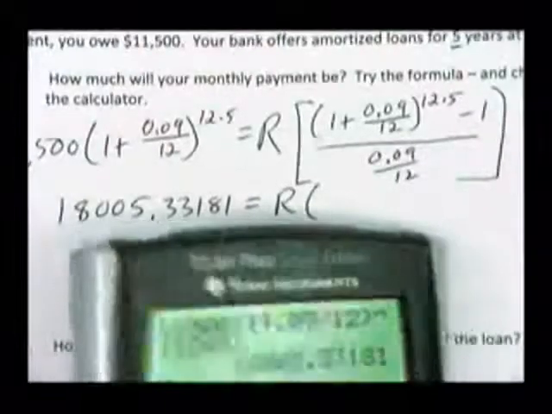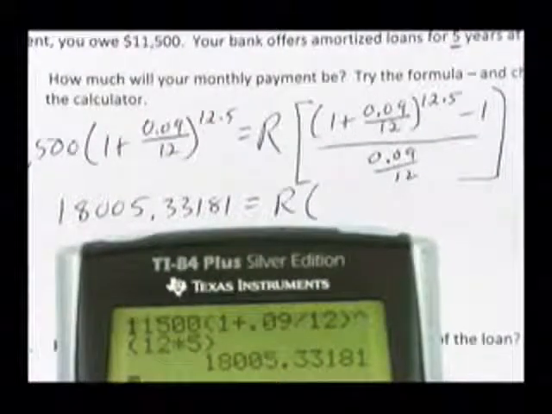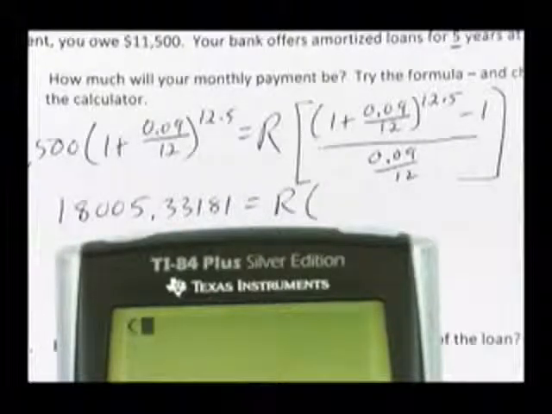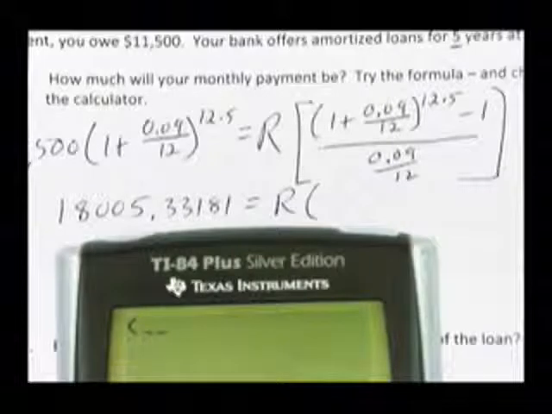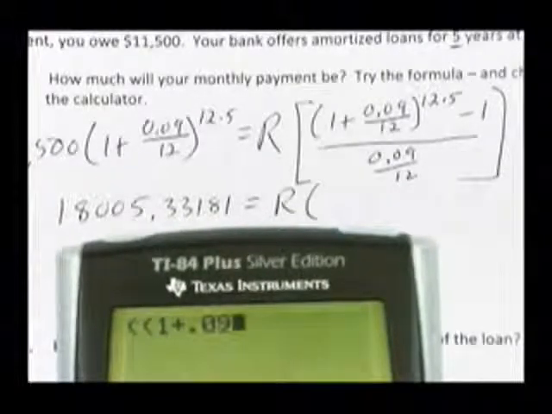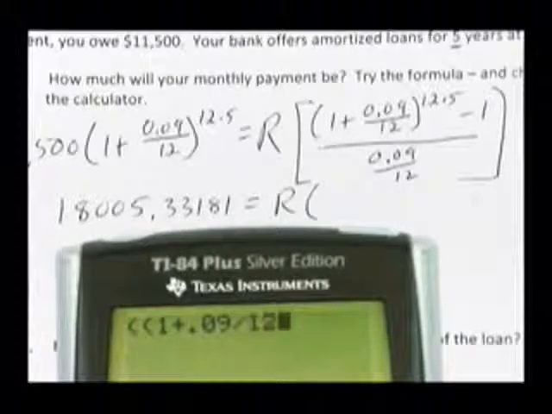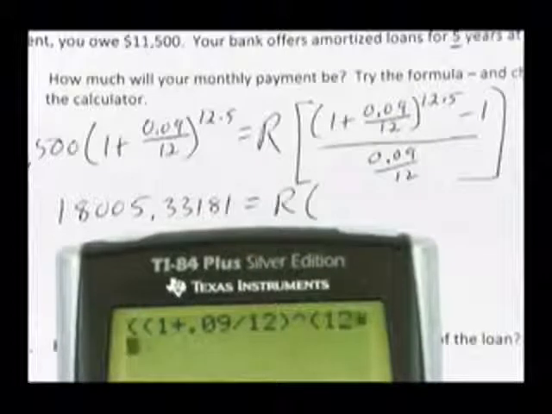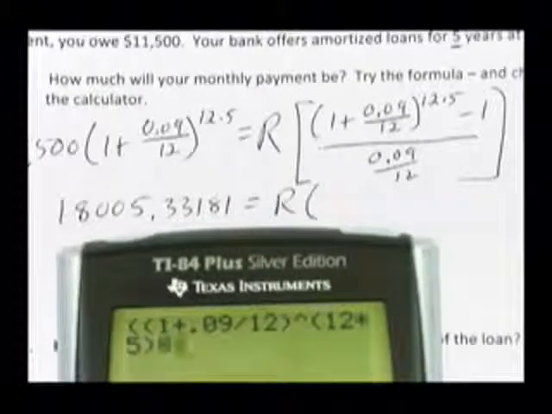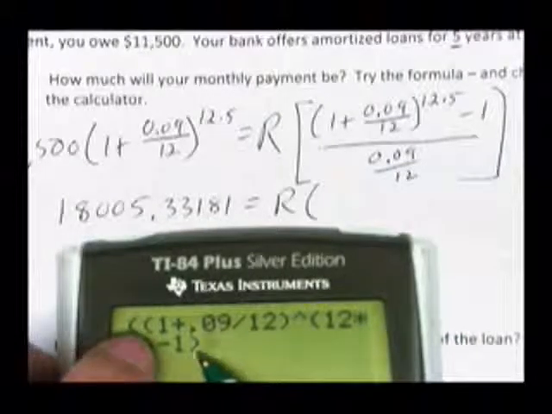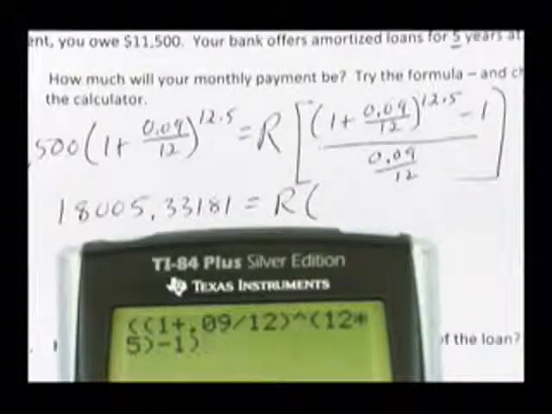And then on the right-hand side, so just put all this in, I'm going to need brackets, numerator, and then within the numerator I have parentheses, 1 plus 0.09 divided by 12, close parentheses, raised to the parentheses, 12 times 5, close parentheses, minus 1, close the parentheses for the numerator. So here's the numerator beginning, numerator ending, divided by